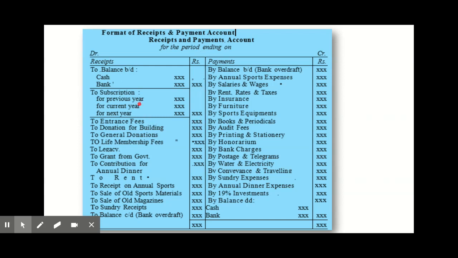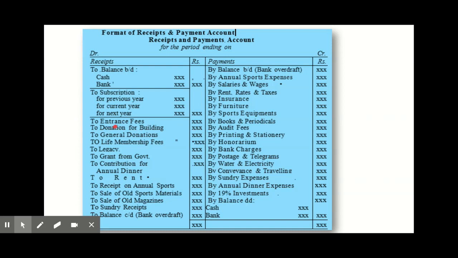If you see here, the subscription relating to the previous year is also recorded, and subscription relating to the current year also we have received, and the subscription relating to the future also we have received. So whatever subscription we have received, whether it relates to the previous year, the current year, or the future, is recorded on the receipt side. And if you see here, the donation for building is capital nature, whereas the general donation is revenue nature. So both the capital nature item and the revenue nature item are recorded in the receipts and payments